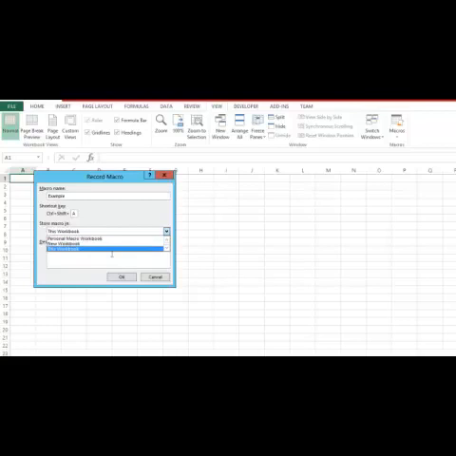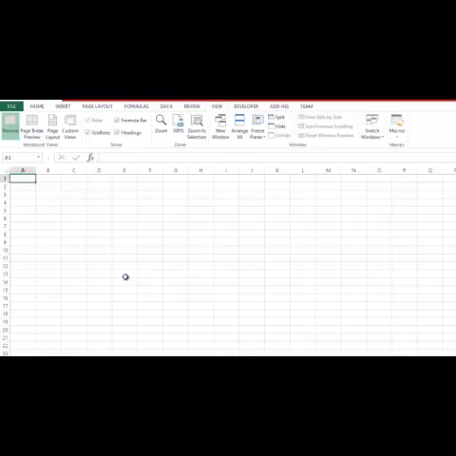Apart from that, you can also give a description if you want, and then click on OK. Once you click OK, whatever process you do in your Excel interface, everything will be recorded. Let us take a simple example: employee number, employee name, and gender.